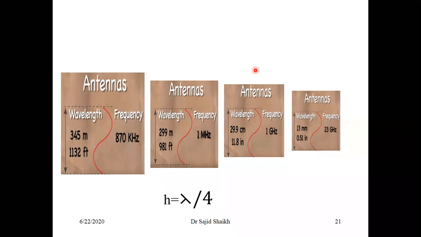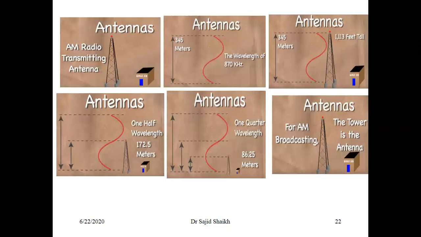Okay, so that's why first we have to understand the core definition of frequency, what the wavelength is, and what the impact of these parameters is on the height of the antenna. Okay, so now I think this point is clear. Now I just talked about the propagation of waves. There are three major types of propagation: one is ground wave propagation, the second is sky wave propagation, and the third is space wave propagation. Here we have one more slide showing the same concept related to antenna height.